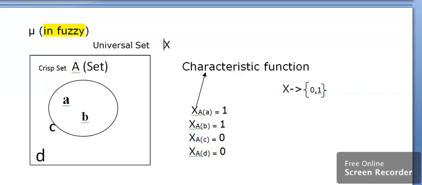If it is an ordinary classical set, I can check whether the element is present inside the circle or outside the circle. If it is inside the circle, the value is 1, otherwise the value is 0. So here elements A and B are inside the circle, so the values are 1. This is the characteristic function. The values of the characteristic function of A and B are 1, whereas for C and D the values are 0. So this is given by chi_A: X → {0, 1}.